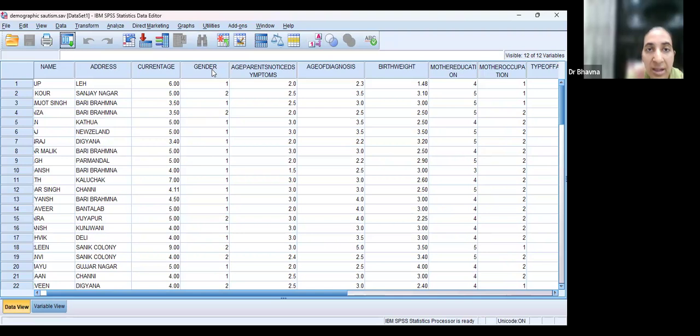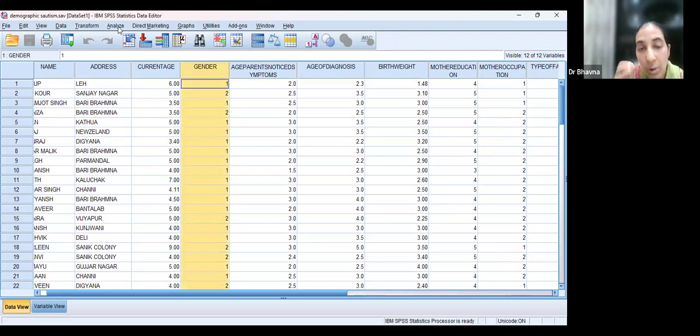Now, what do we do? I want you to see. This is gender. We just go to analyze. I'll just tell you how simple it is to analyze your big Excel sheets with the help of software, but you cannot do it unless you know what to do. This is going to do all the analysis for you. It is going to be an AI assistant for you, but you have to know what to do. Your concepts have to be very clear.